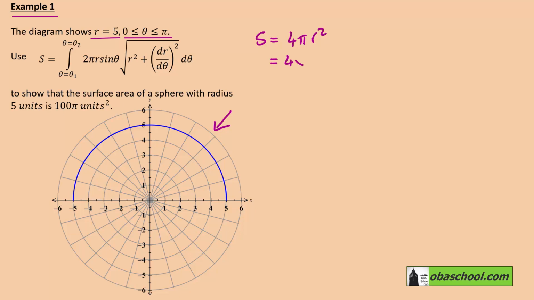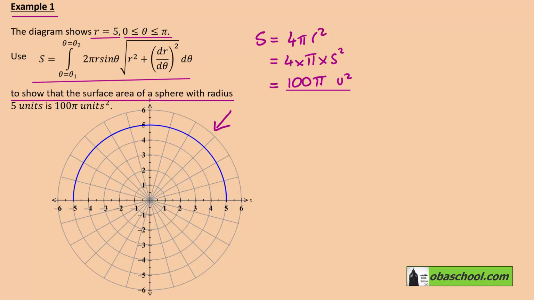So that's going to be 4 times pi times 5 squared. 5 squared is 25, times 4 is 100. So that would give us 100 pi square units. So we're going to aim to use our formula to show that the surface area of a sphere with radius 5 units is 100 pi square units. In other words, we're going to use this verification to show that this does indeed give us the surface area